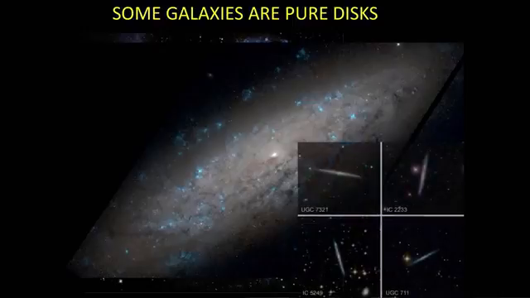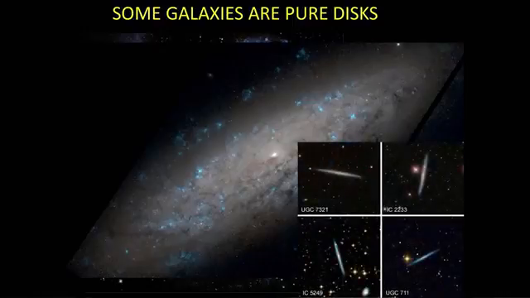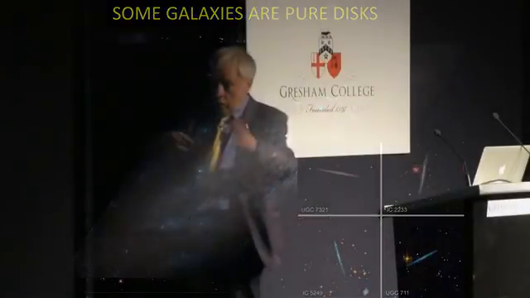You see some of these galaxies, they look nothing like the others. If I were to put our Milky Way on here, it would have billions of stars in a spheroid in the center. And if I had a galaxy like the Sombrero with that huge spheroid, one would see a diffuse, bright glow all the way around. But some galaxies are just pure disks. Nature is very, very diverse.